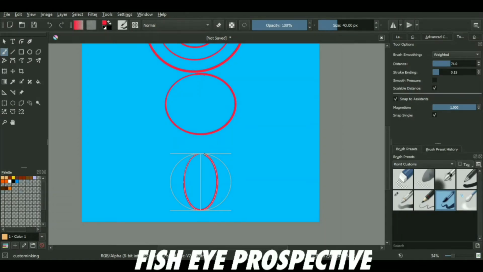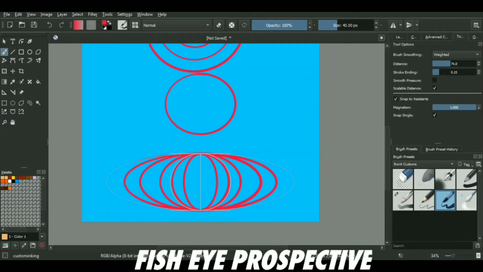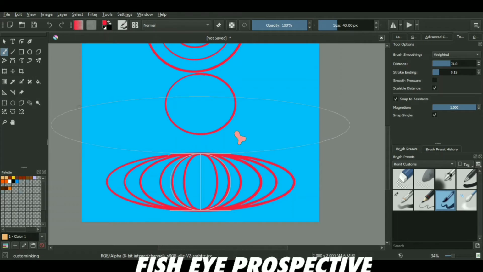And this last one is the fish eye perspective tool, which allows you to create guidelines for producing ultra wide angled or panoramic sort of shots or artworks. Well, I won't lie to you people, but I have little to no idea what this actually is. It's some hardcore stuff. But I'm pretty sure I've seen people creating some amazing artwork using this tool, especially manga or comic artists. So yeah, you can use it as well. You can watch some online videos on this. But if you want to use it, it is right there and you can use it.